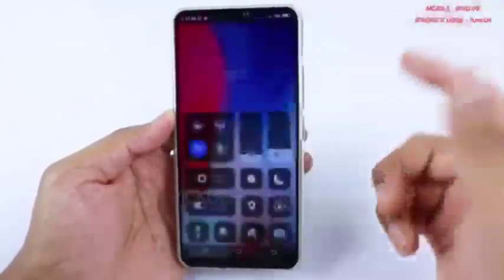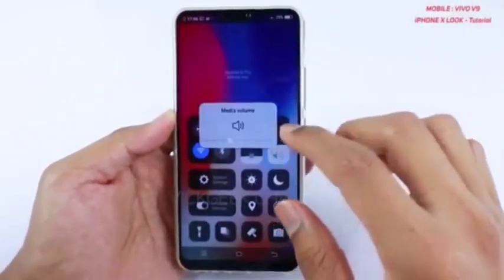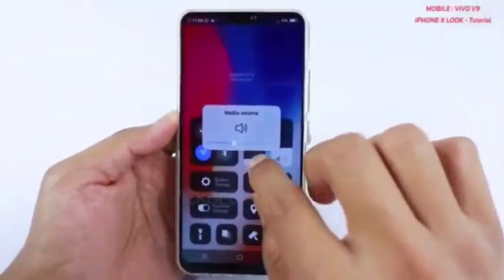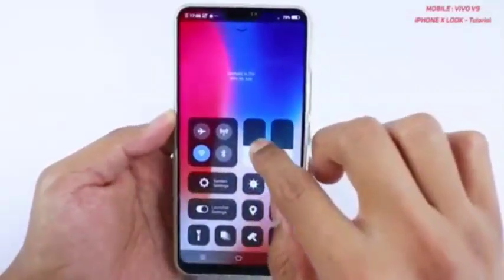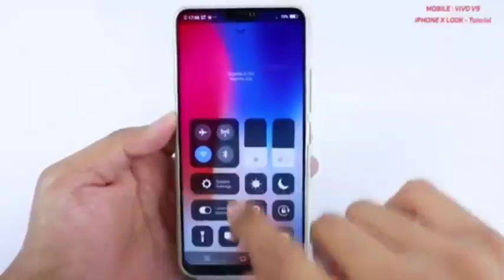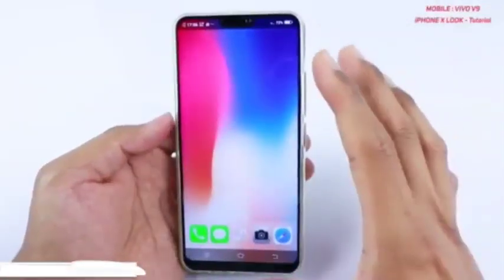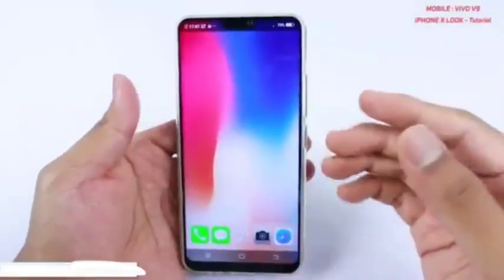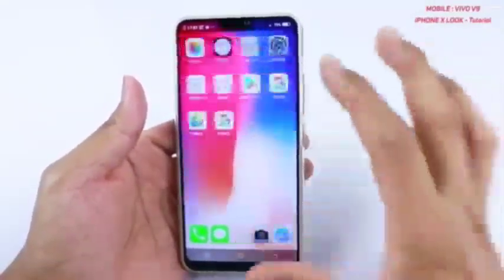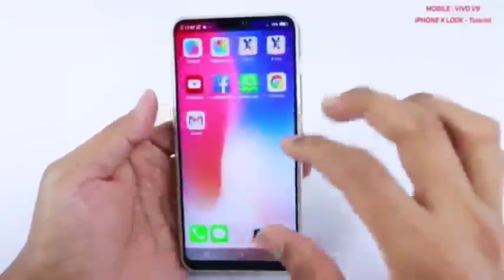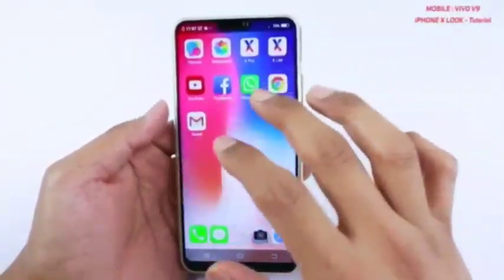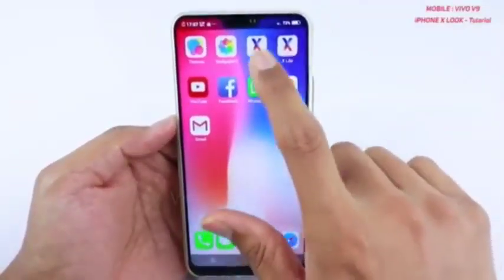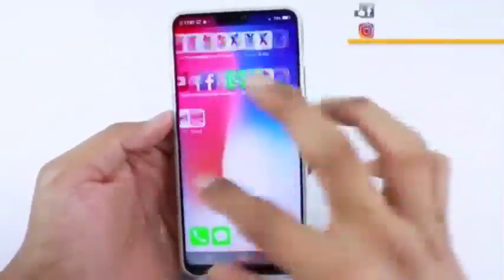So slide up to open the control center, which works fluidly, flawlessly. There are no hiccups at all. It works really well. As you can see, I can increase the brightness from here. You can swipe down the control center. Yes, of course you'll get the ads, but if you don't want to receive any ads, you can just pay some 130 rupees for this particular app and you get the pro version. So there won't be any ads at all. If you want that version, you can download it. Here's the X Pro. If you just tap on it and pay, you won't get the ads.